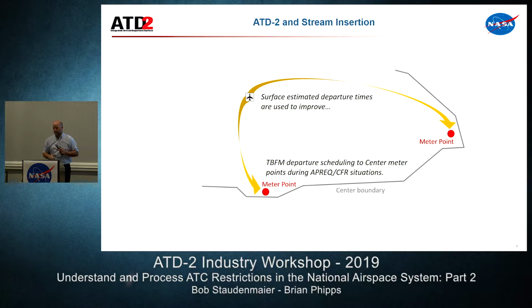Probably a larger scope question, and maybe I missed this yesterday. For ATD-2, why do you want or need a good complete picture of all the TMIs? So it just facilitates the controller's workload. Otherwise, if the controller is using the ATD-2 system for APRECs or for pre-scheduling or release negotiation, whatever it may be,